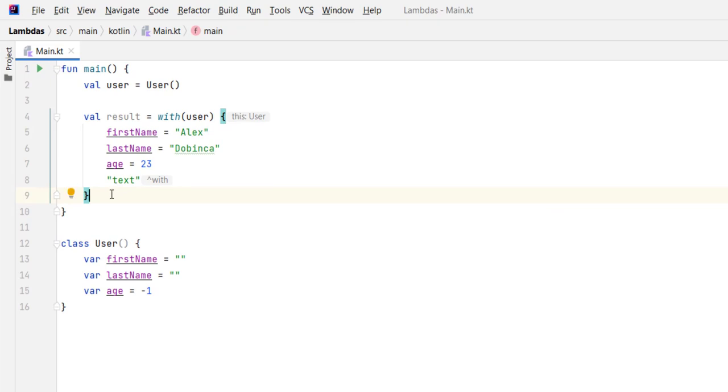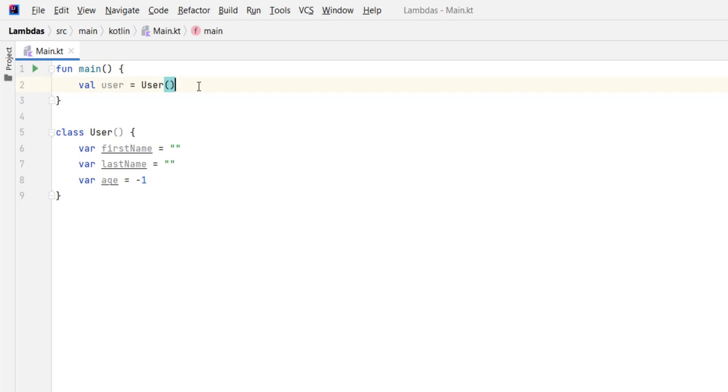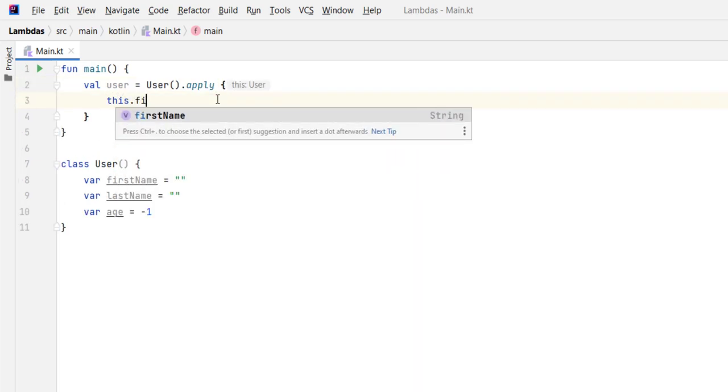So let's delete the with scope function and let's look at the apply scope function. With the apply scope function, you can refer to the context object also using the this keyword, and the return value of the apply scope function is the context object. So the object on which the scope function is called is gonna be the object which is returned by the apply scope function. And we call it on an object. It's not like the with scope function which can receive the object. So we type here dot apply,